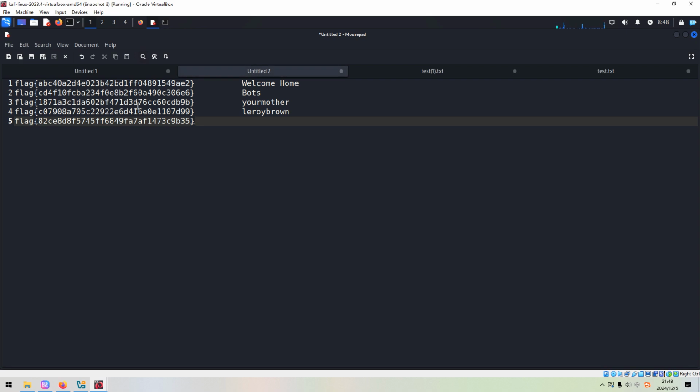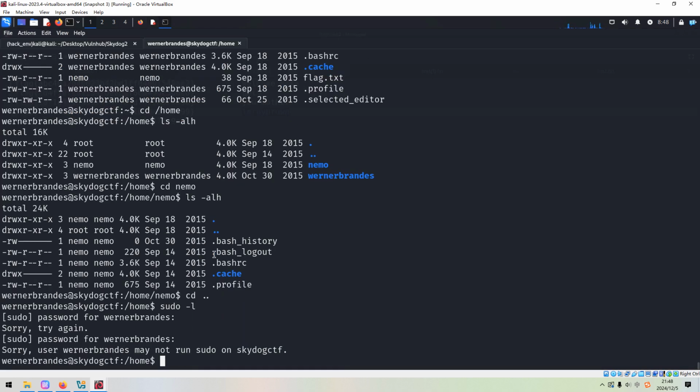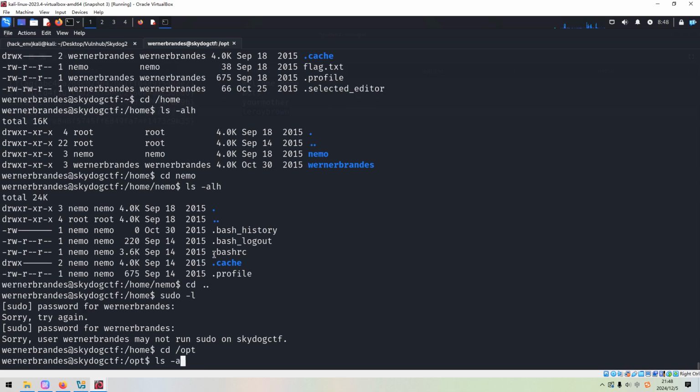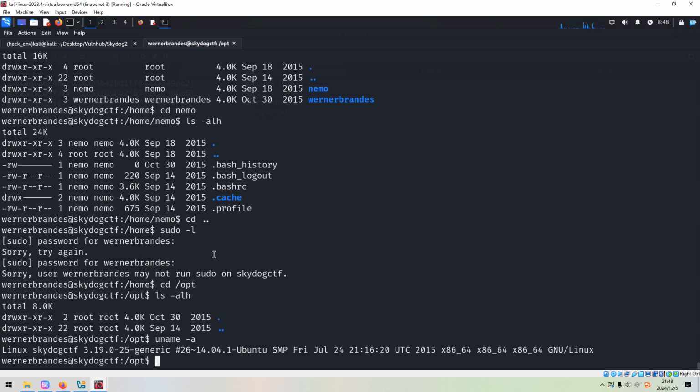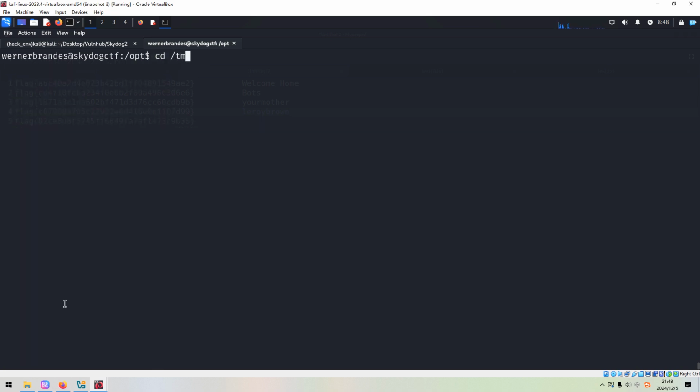Yeah, I need to copy the password from this tab, but it doesn't work. So next, I think we can upload the MinPRC script, although the kernel is a bit outdated, but I'm not going to take the kernel exploit to elevate privilege. Also the Ubuntu, I think this version is vulnerable, but I'm not going to take it. Okay, so next we can